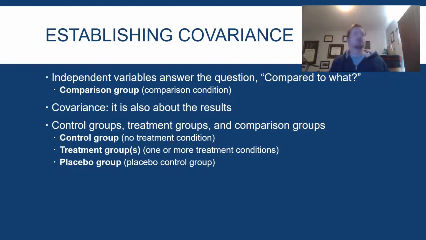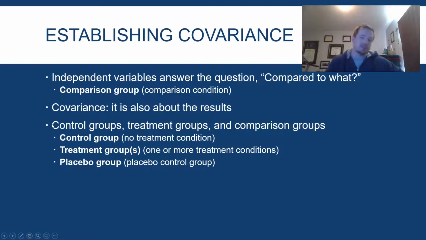We don't normally think about it as a correlation, but it is also correlation. I'm not going to get into that too much. I'm not going to expect you to talk about that because that's a little bit of a higher concept, something you would maybe talk more about in research methods 2. But covariance, we're showing that they are related by looking at the results. If there is no difference between these 2 groups, then we can say that there is no covariance, that they are not related. But we are showing here in both of these cases that the independent variable does have some impact on the dependent variable. So we are going to say, yes, that we have established covariance.